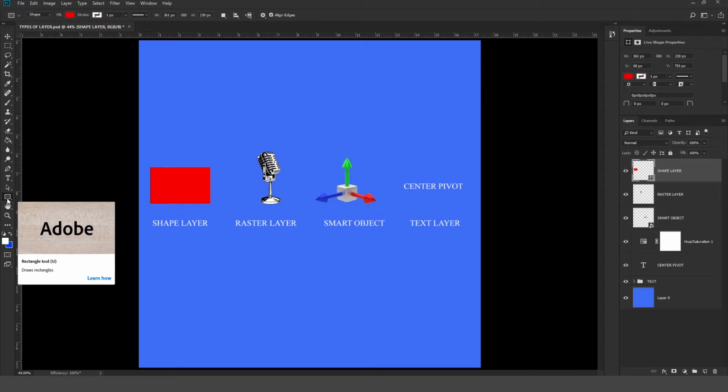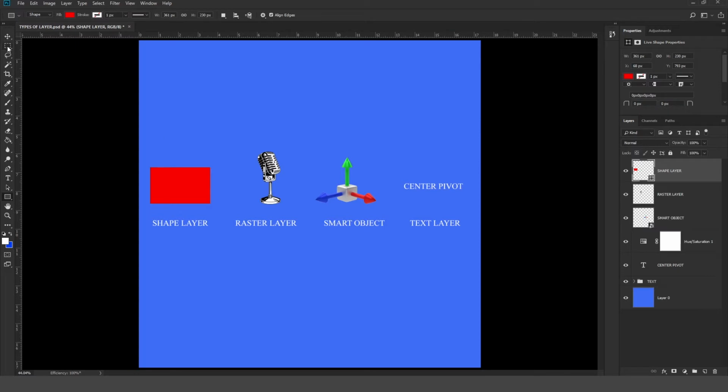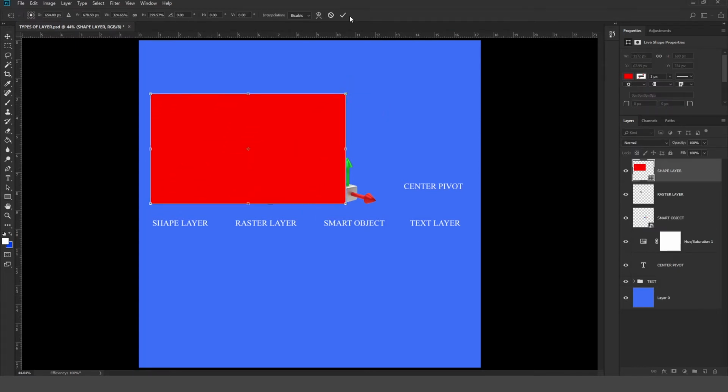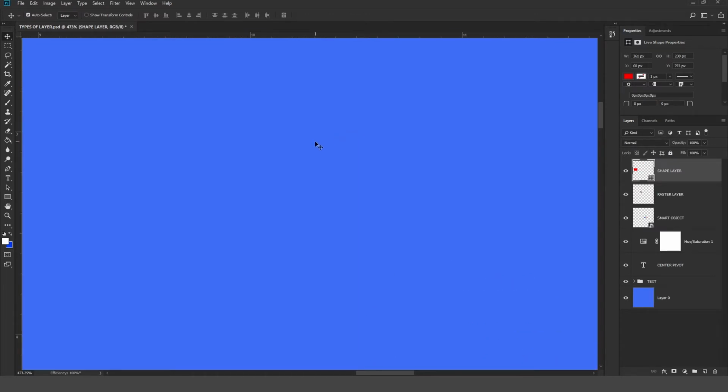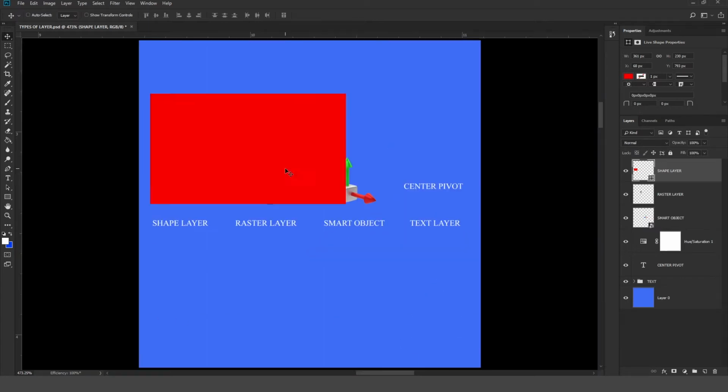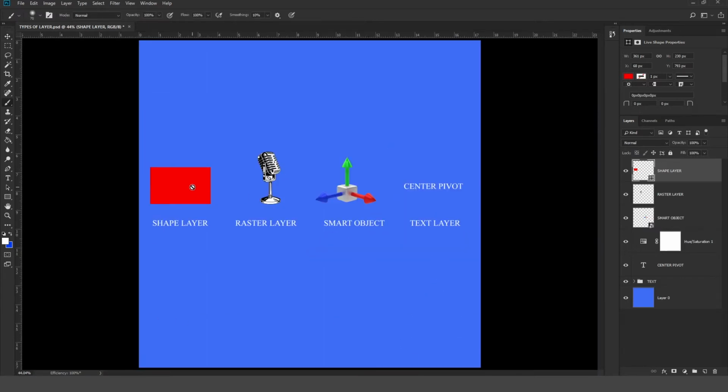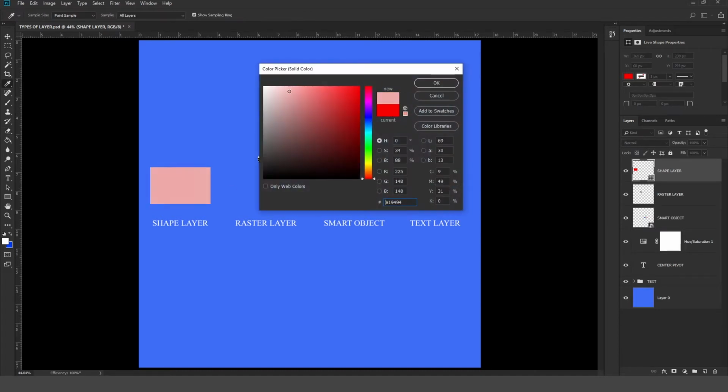The biggest advantage of the shape layer is that it has a vector property, so you can enlarge it to any size and it will not lose its quality. You can see the clear red color lines, but it doesn't allow complete editing like brush. You can see the caution symbol for brush, erase and the other filters also. You can change only the color of the shape layer by double clicking the thumbnail. It will change the color only.